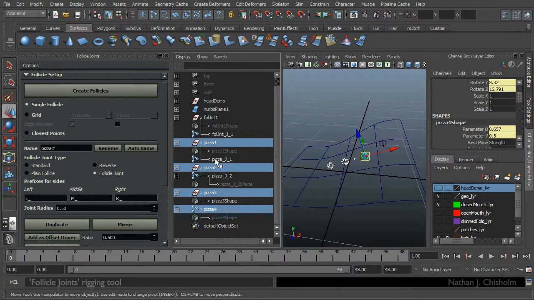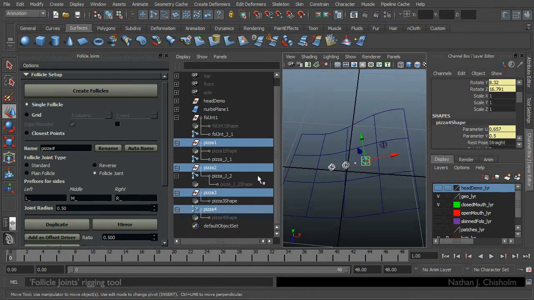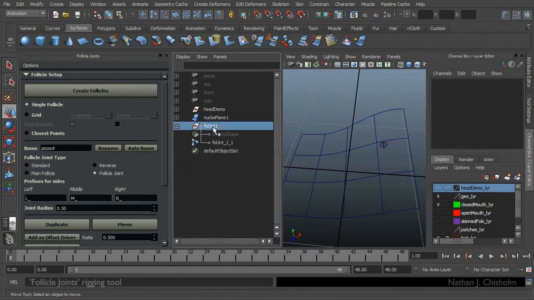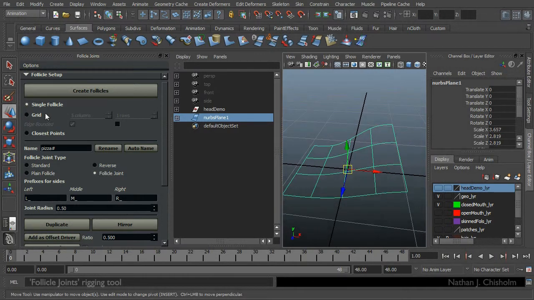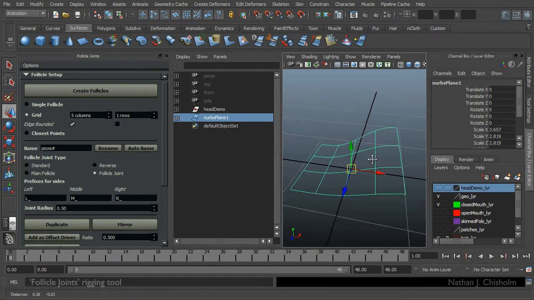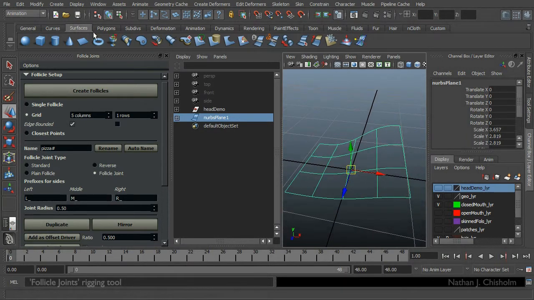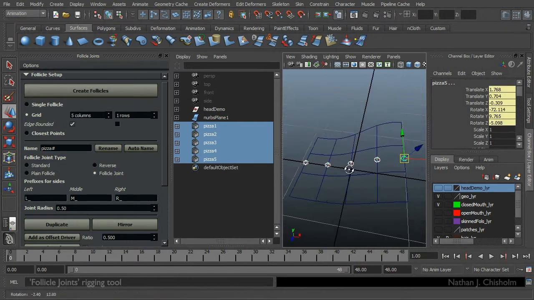Auto name is the next part, which is best displayed with a grid. So I'll get rid of these ones. Grid creation is as you'd expect with any grid creation, and uses a similar method, saying how many along the U direction, how many in the V direction, and whether it's on the edge or in the middle.